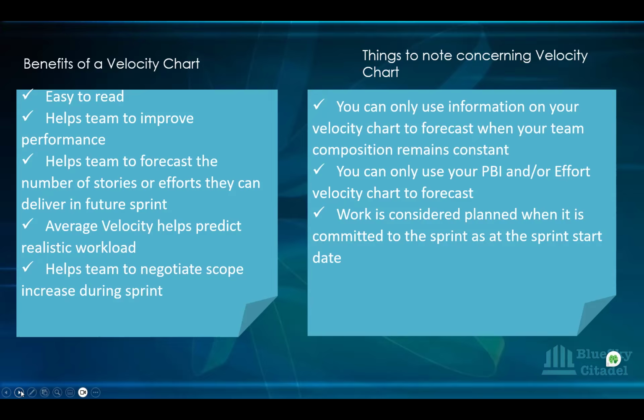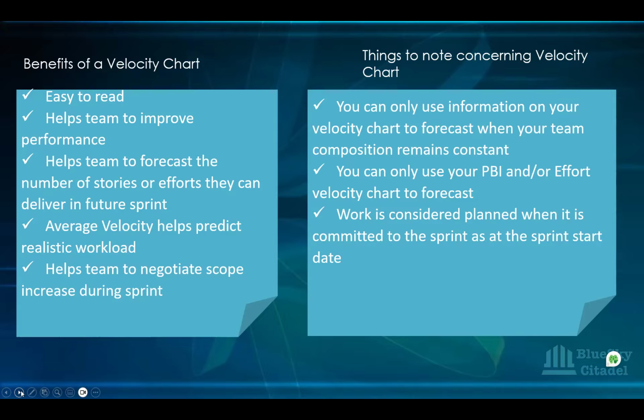For an individual task, it's just one person that will work on a particular task at a time. So you won't have the developer working on tasks 1, 2, 3 and then the tester also working on tasks 1, 2, 3. The developer will work on tasks 1, 2, 3, and then the QA will generate their own individual tasks to work on. And that's why it's not ideal to use your tasks to generate a task velocity chart